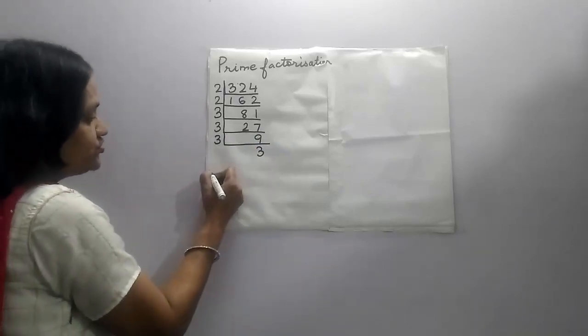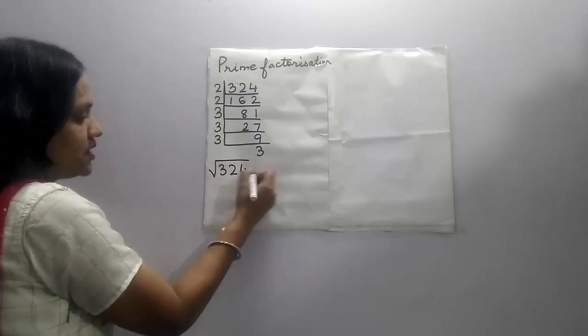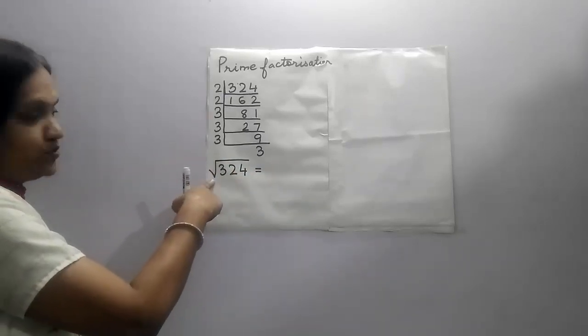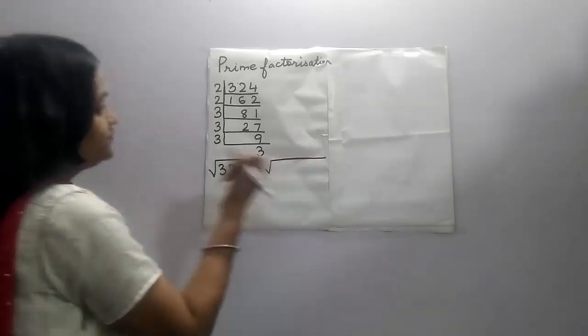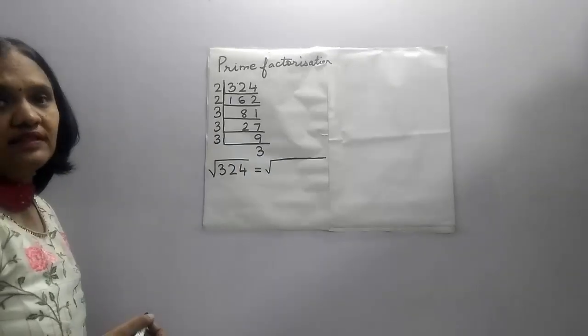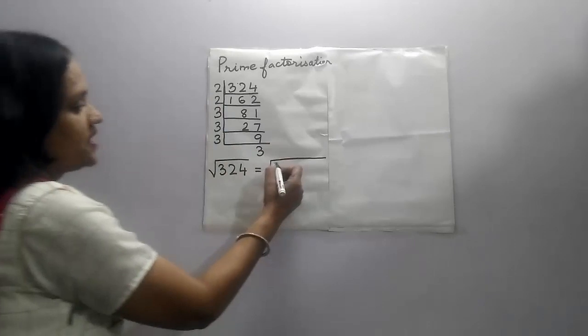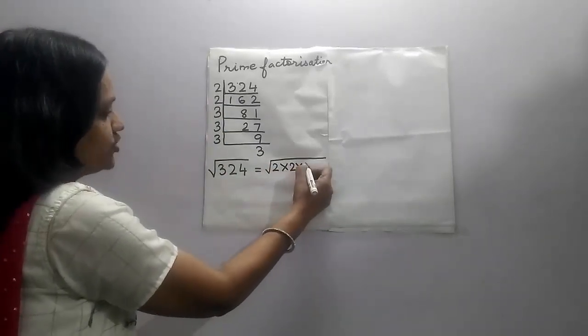Now we need to find the square root of 324. We use this radical sign for square root. Square root of 324 is, let's write all the prime factors which we got over here, and the prime factorization of 324 is